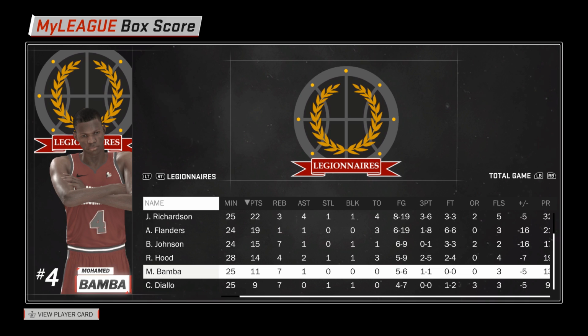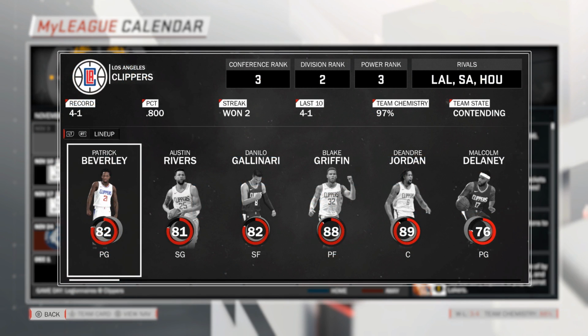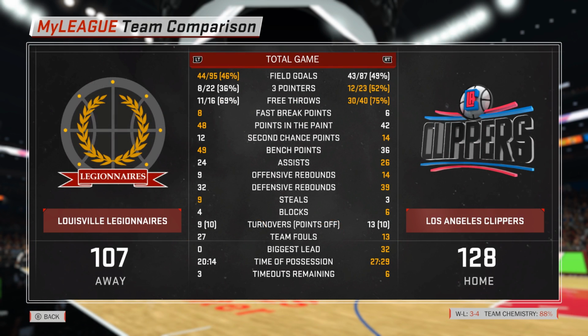From Denver, we then make our way over to LA for a matchup against the Clippers, who are, just like the Nuggets, presenting a pretty formidable roster at the moment, a roster that has helped them to a respectable 4-1 record. And that record would improve to 5-1 after this game, as the Clippers beat us by